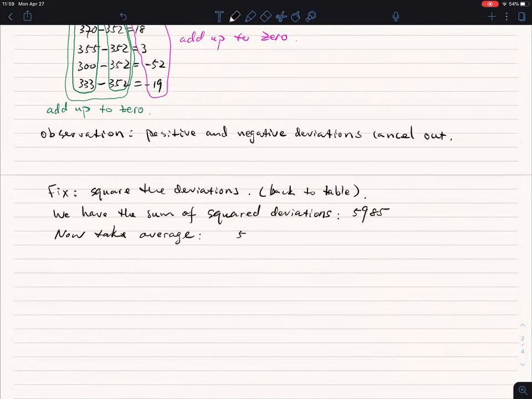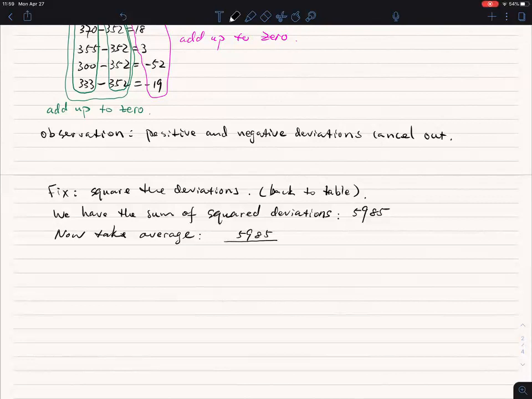So we divide this number by, what's the denominator? We want to find the average. So what number do we want to divide by? What is the divisor here? Tell me. Are you guys listening? I'm not talking to myself, right? By 5. Okay, good suggestion, by 5. By 5 is a good answer,